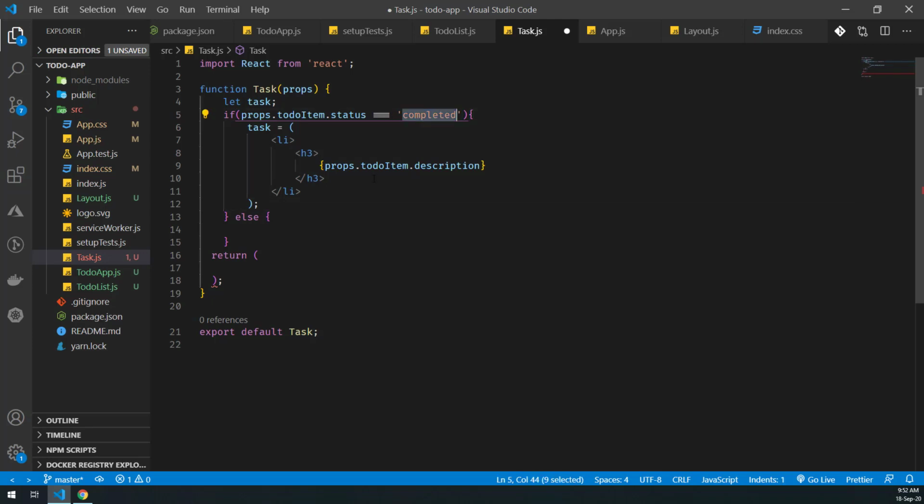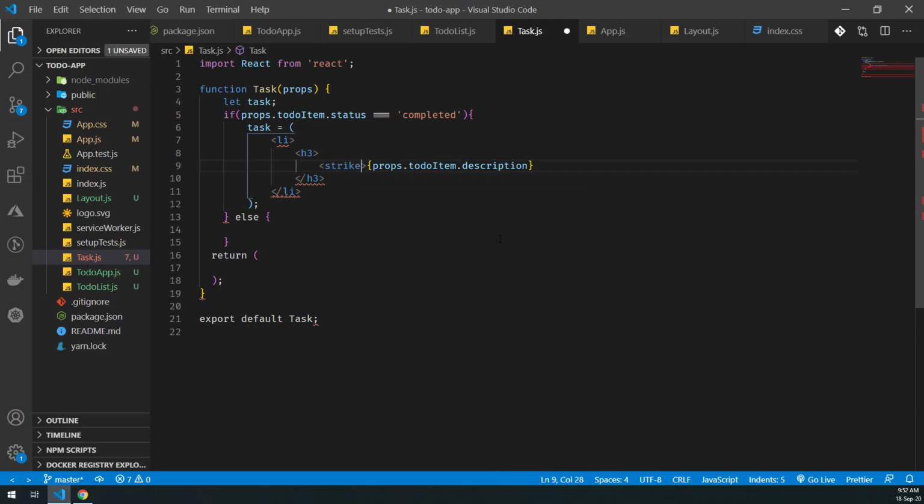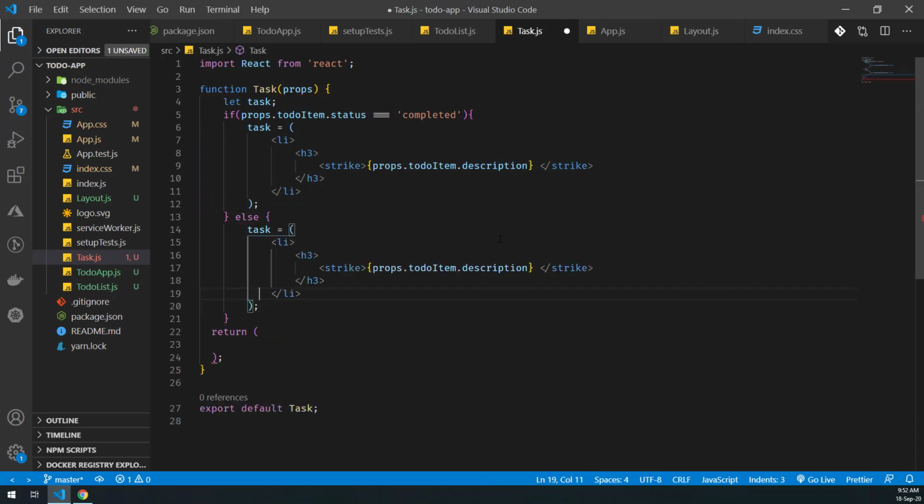Okay, if the status is completed, we want to add a line over the description of the task so that it shows that the task is completed. For that, we are using the strike. And if the task is not completed, which means it's pending, we don't want to display this strike.